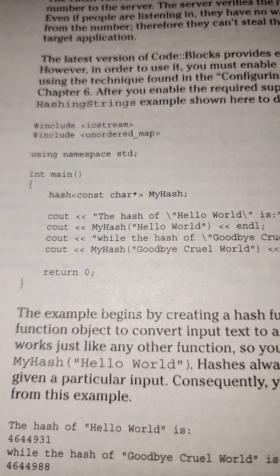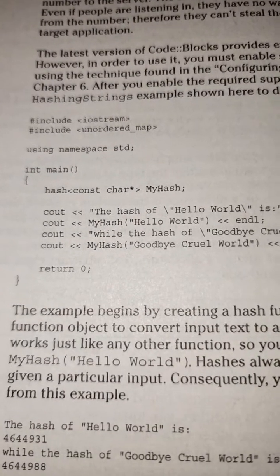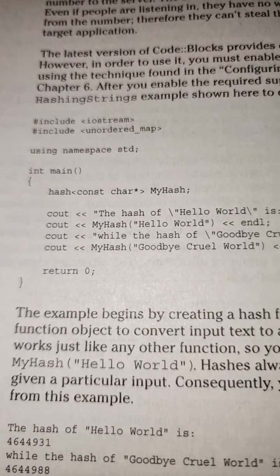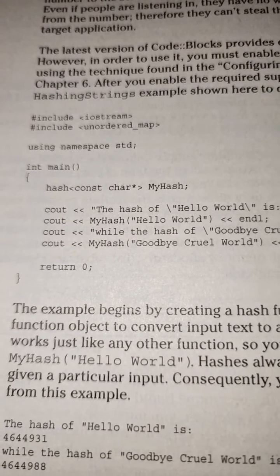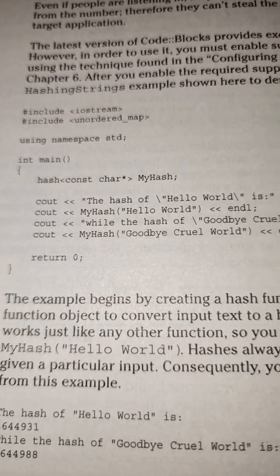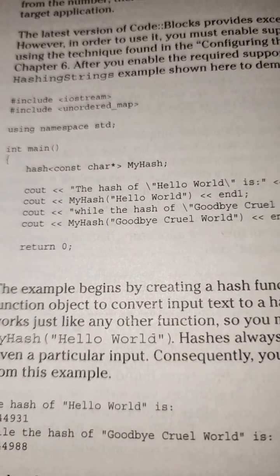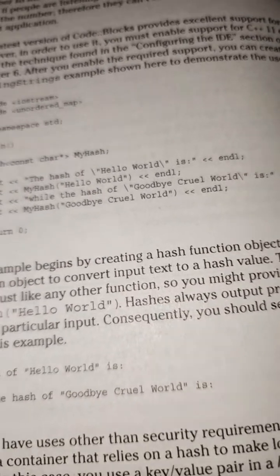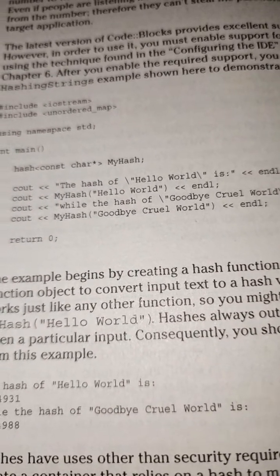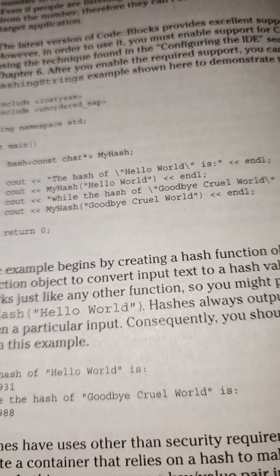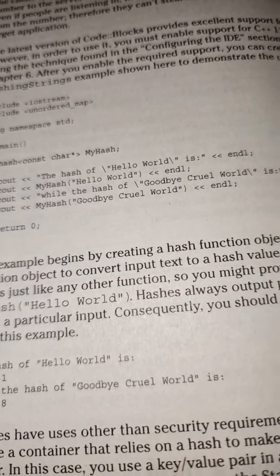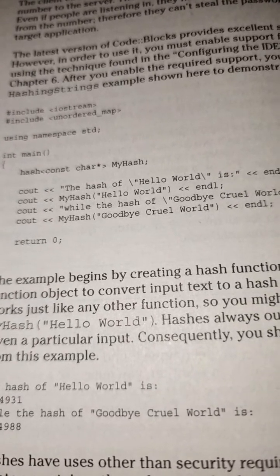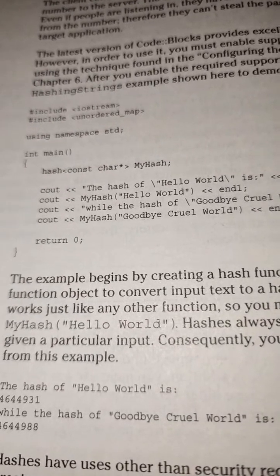#include <iostream>, #include <unordered_map>, using namespace std; int main() { hash<const char*> myHash; cout << "The hash of Hello World is " << endl; cout << myHash("Hello World") << endl; cout << "While the hash of Goodbye Cruel World is " << endl; cout << myHash("Goodbye Cruel World") << endl; return 0; }